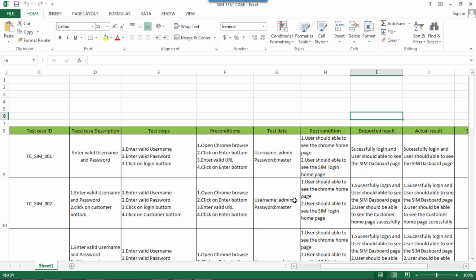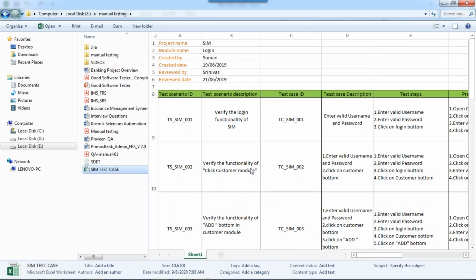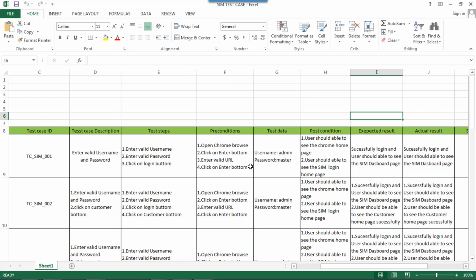Suppose you got a job right now. You need not write from the starting onwards. Browser launching and all those things are not required, because someone has already written the code. They will ask you to automate some page, only one module. So slowly you need to write the script for the assigned modules and handle those.